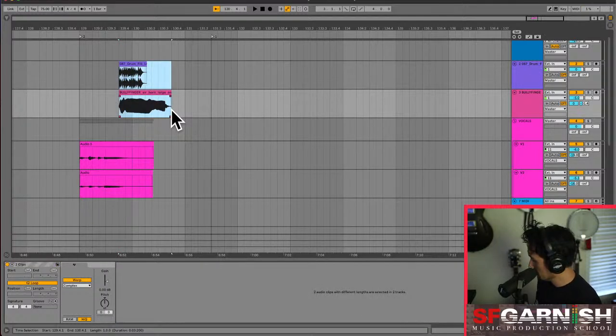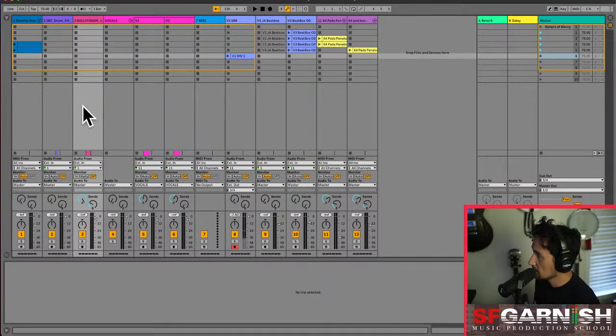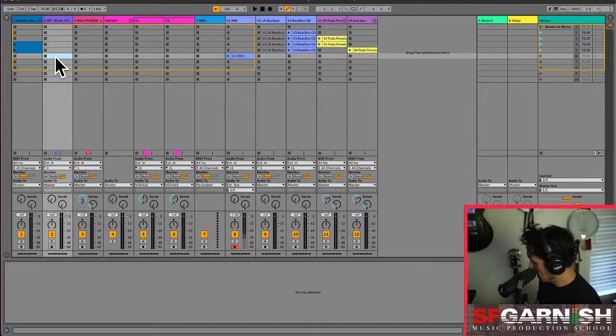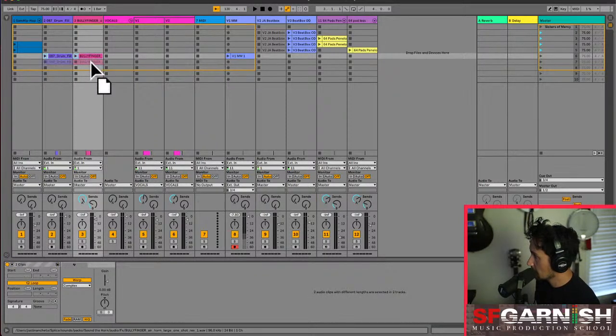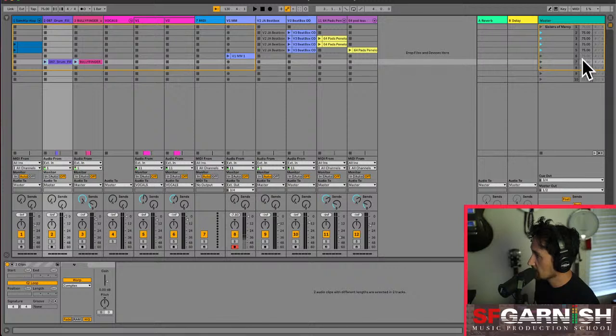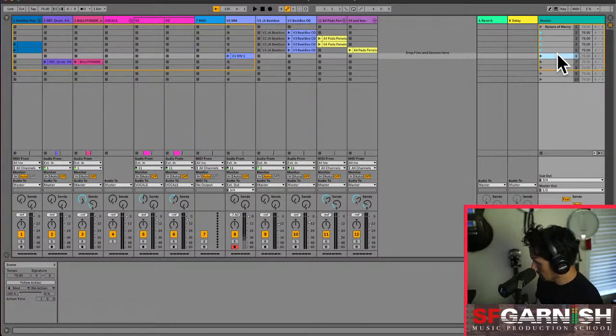So I'm going to copy these. I'm noticing that my top channel is this drum 2087. So when I try and paste it in, Command V, if I paste it here, it's going to be in the wrong position. I want to be on the 2087 first position, Command V, and there it is. But I accidentally put it on the same scene, and I want to go down one scene. Okay, so this is going to be renamed to our count in,